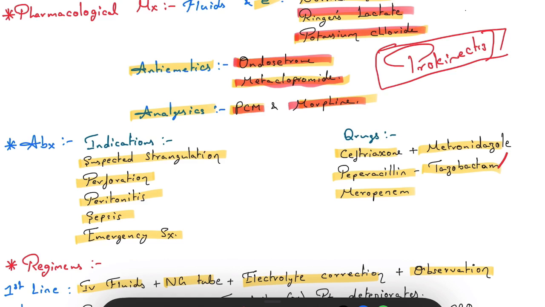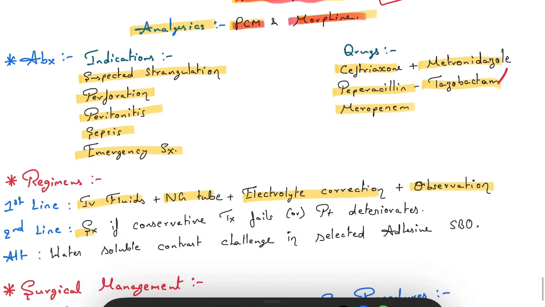Okay, so next we can give antibiotics. The antibiotic indications will be suspected strangulation, perforation, peritonitis, sepsis, and emergency surgery. So what are the antibiotics we can give? Ceftriaxone